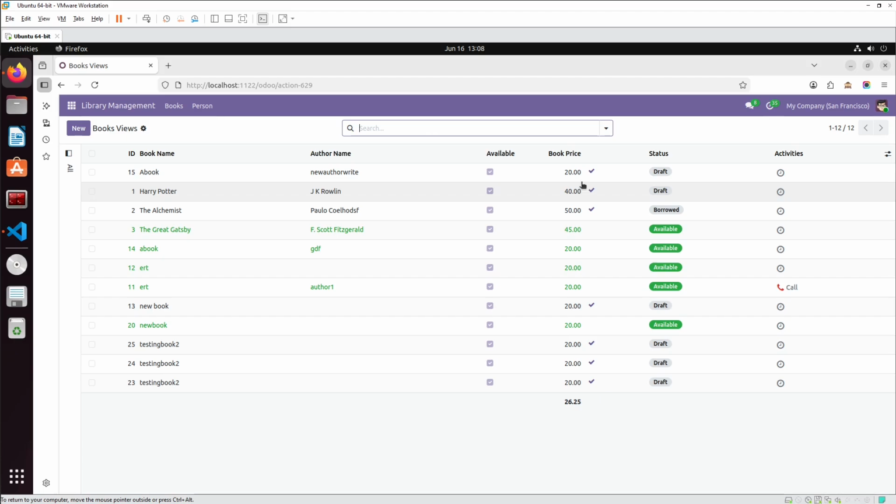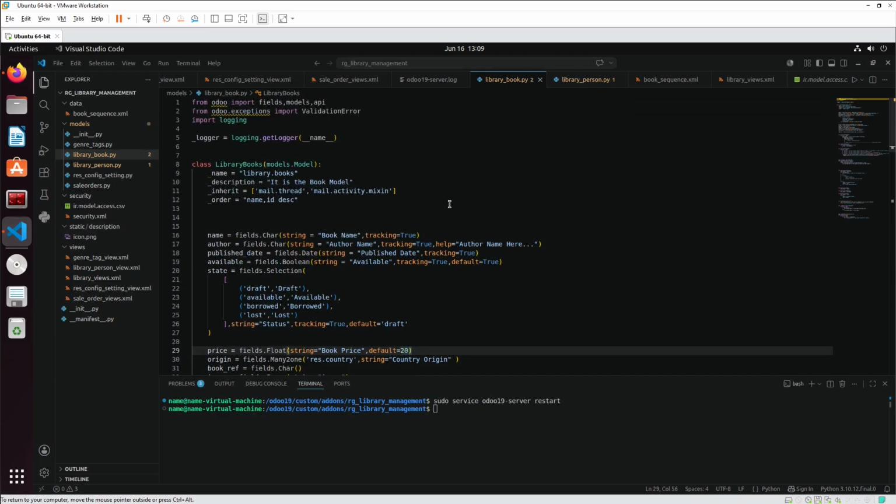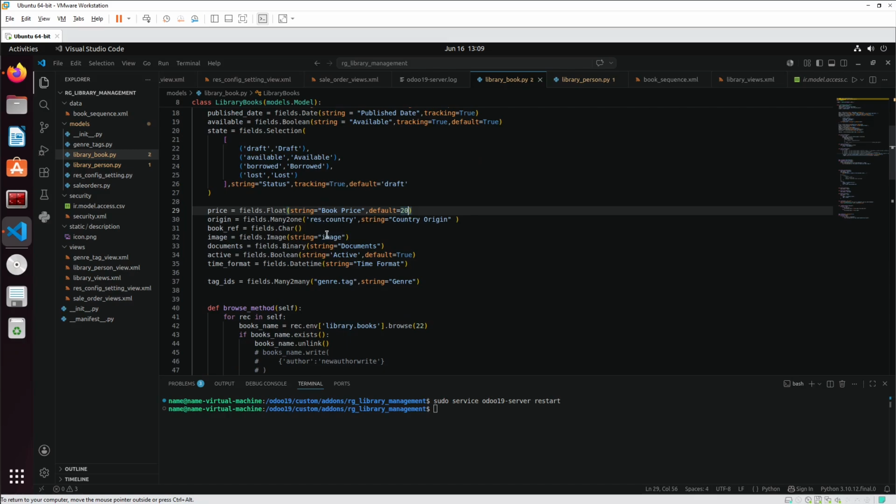Currently you can see that by default Odoo keeps 2 decimal precision. Now I'll go to the code. Here I am currently in the library.book model, and as you can see we are in the price field, which is basically a float type. Here we will add the attribute, comma, space, digits equals to,